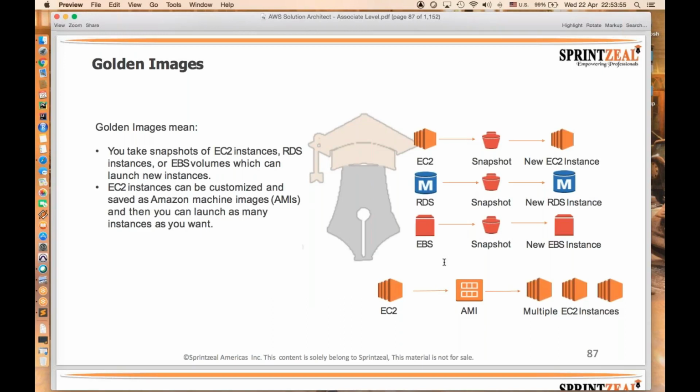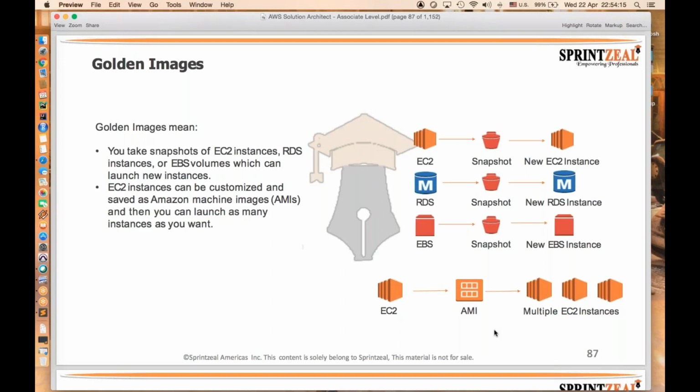So all those images can be stored periodically, and whenever you want to see the previous state and that information, it will be available for you in these services provided by Amazon.